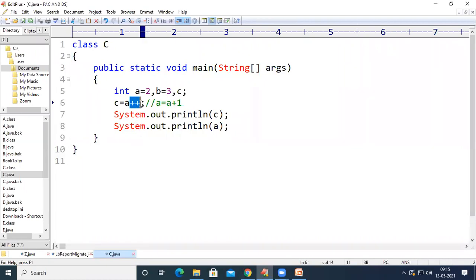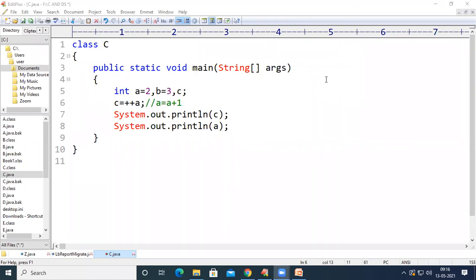When we use this same increment operator before the variable, it is called pre-increment. Now what will happen is, first the value of A will get incremented. So the value of A will become 3, and then that will be assigned to C. In this case, the output will be 3 and 3, because increment is done first and then assignment is done next.